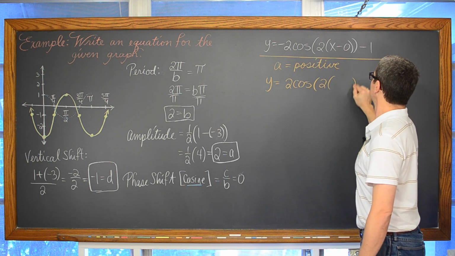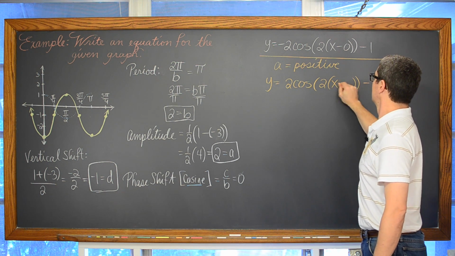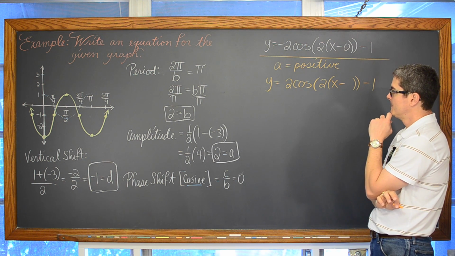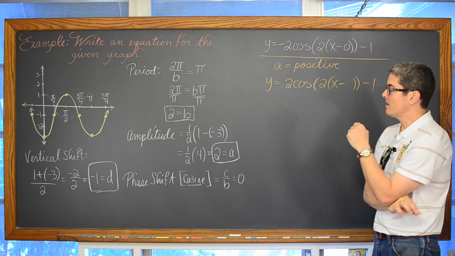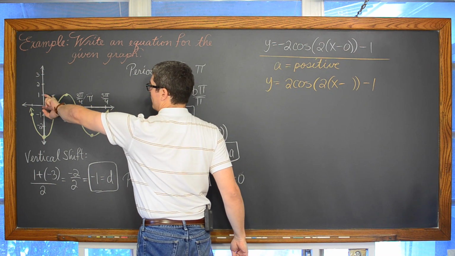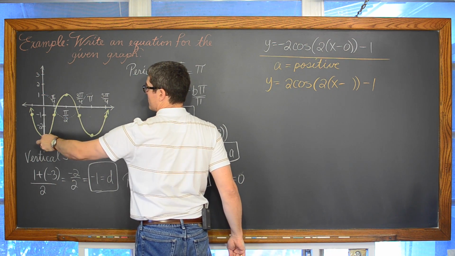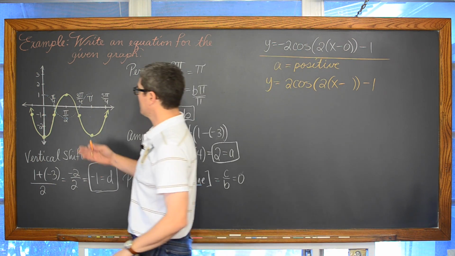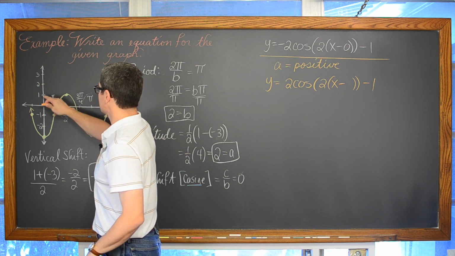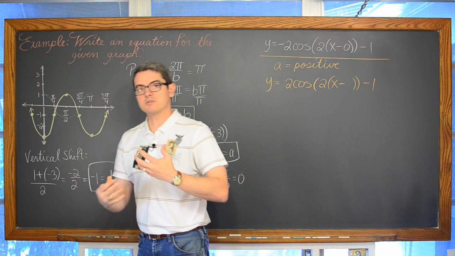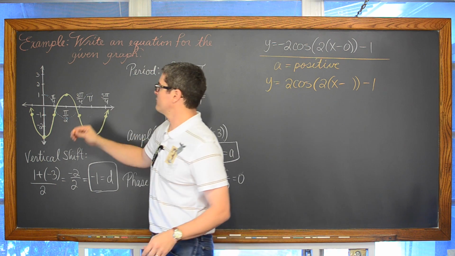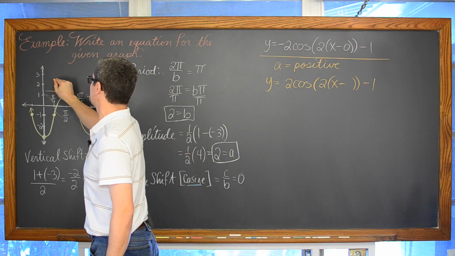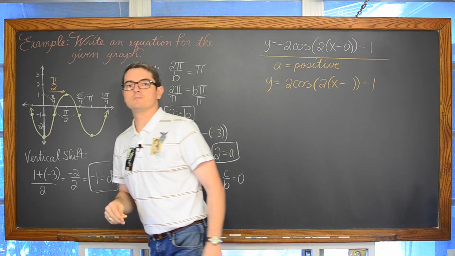2 minus 1, and now I just need to work with the phase shift, because if I'm not allowed to reflect the graph over the x-axis, then I can't start with a minimum value. I'm still going to sort of start with that maximum value. So again, looking at this light dotted blue line representing that almost parent function for cosine, I need to push that maximum value to the right, pi over 2 units.